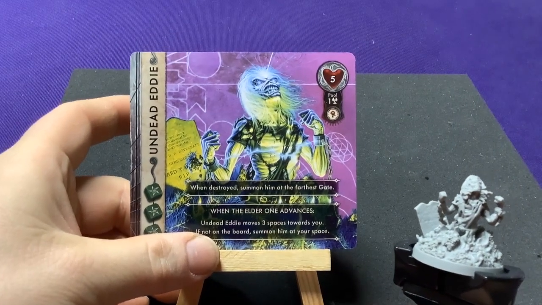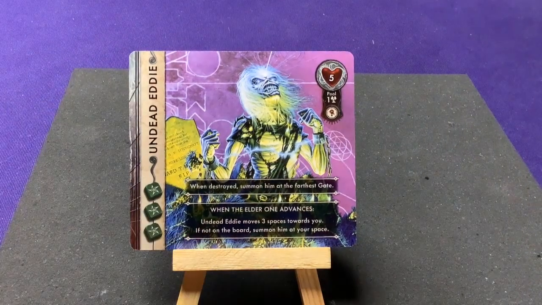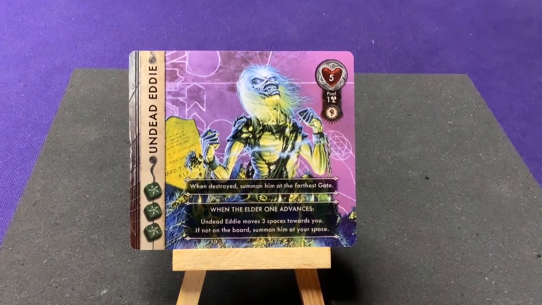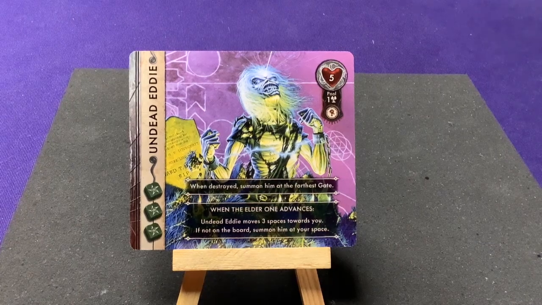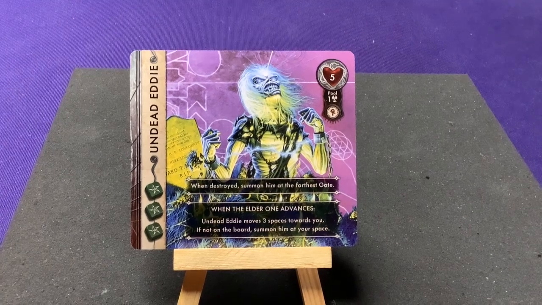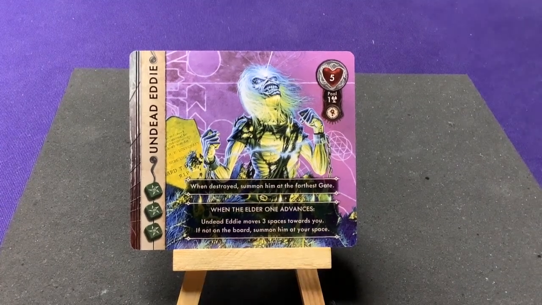So he'll be an extra monster that'll pop up on the board. Edward the Head, probably. Eddie the Head is usually what his name is. So yeah, that's kind of cool that we get him in pack 1 there. So if you have him,